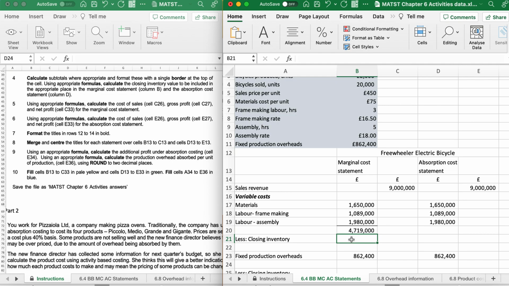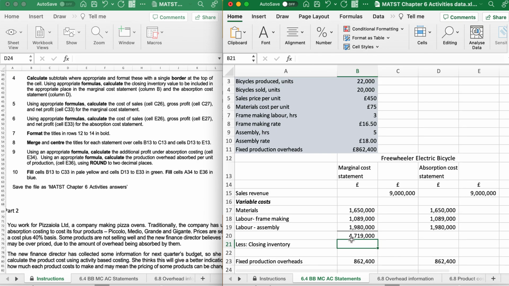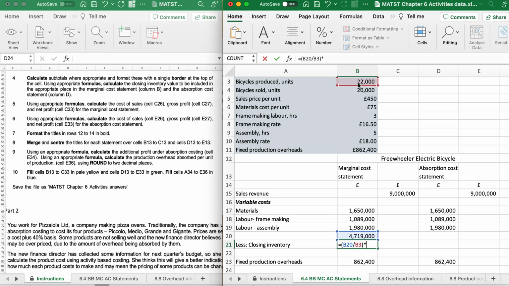Now closing inventory. Well, first of all, I need to know how much it costs me for 1 unit, and then I need to times that by the number of units remaining. So equals open brackets, my total cost divided by number of units produced, close brackets, multiplied by open brackets, number of units produced minus units sold. So units remaining will be 2, because 22 minus 20 equals 2, times by the CPU, which will give me